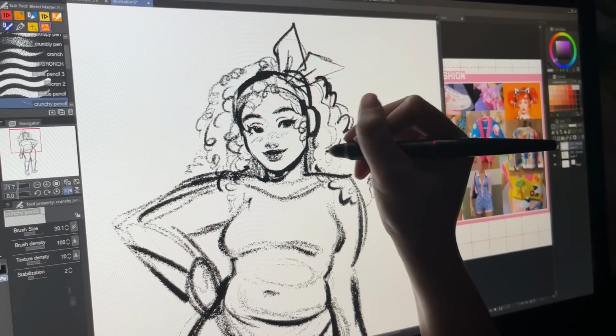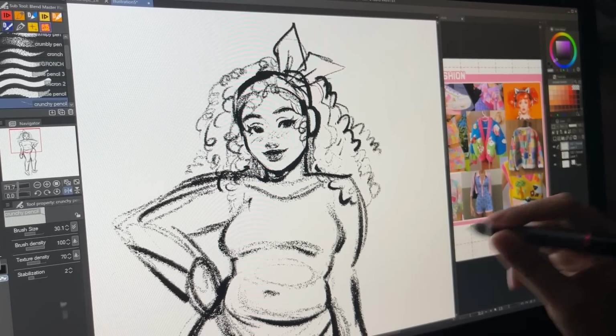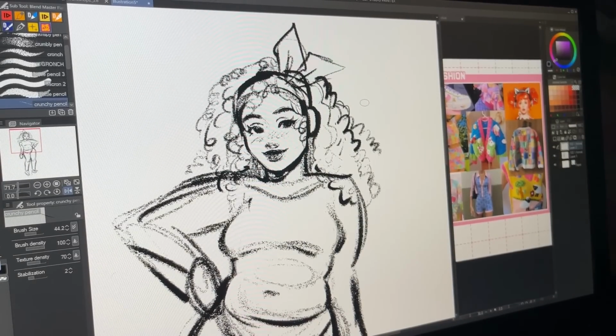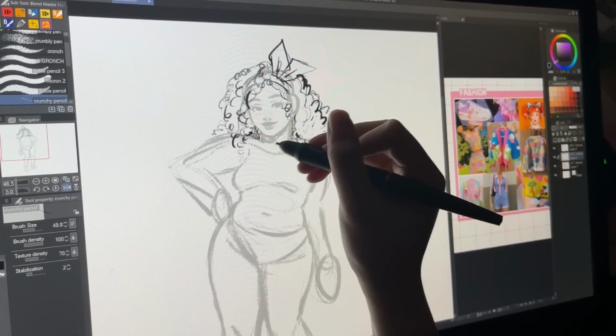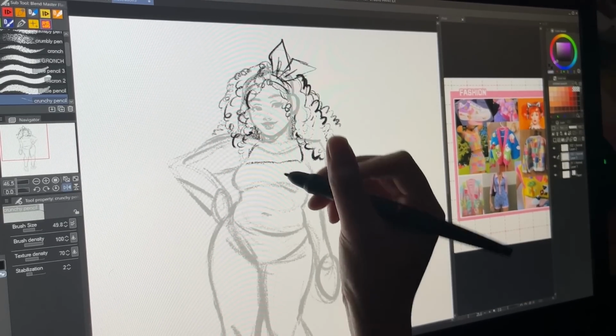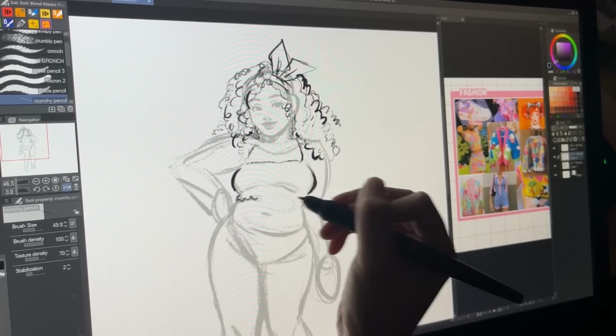With her hair, like I mentioned before, I just knew that I wanted it to be curly, and so I went with big, puffy hair. But then I was like, I don't really like it. And this is something that I also should have done before heading straight into trying to design her final form: messing around with possible silhouettes with the hair and also the clothes.